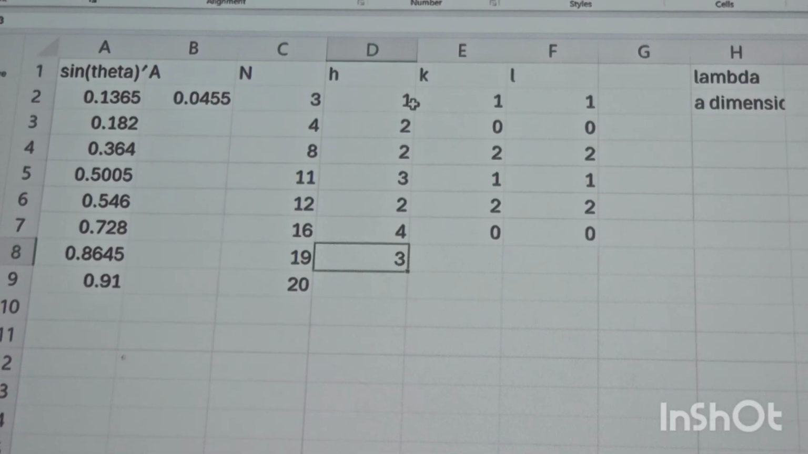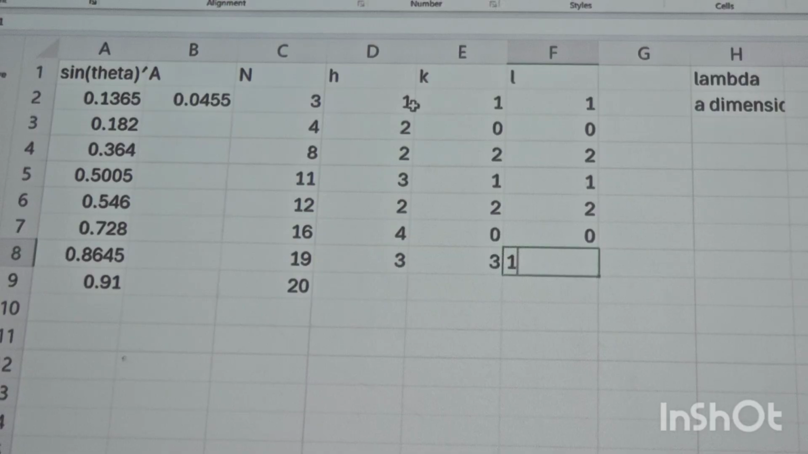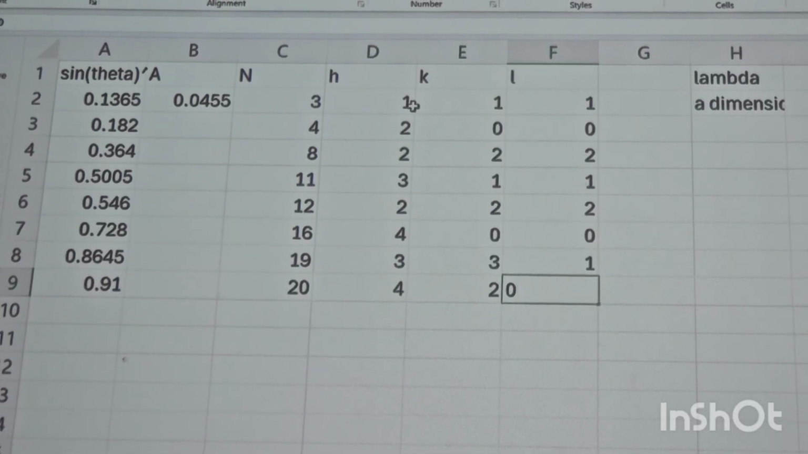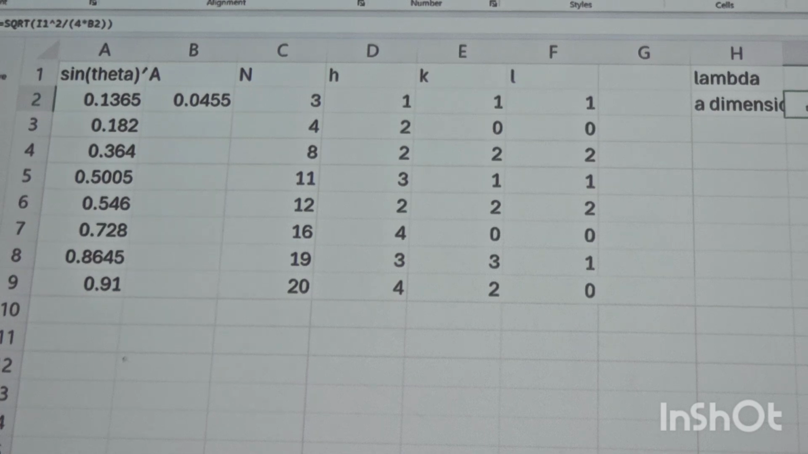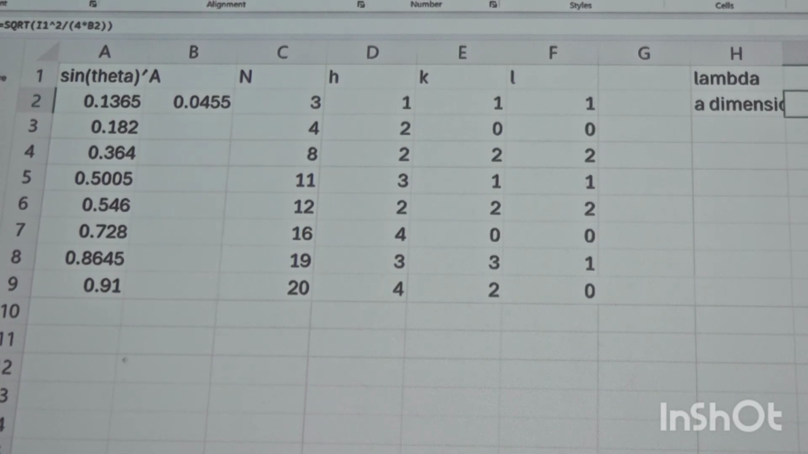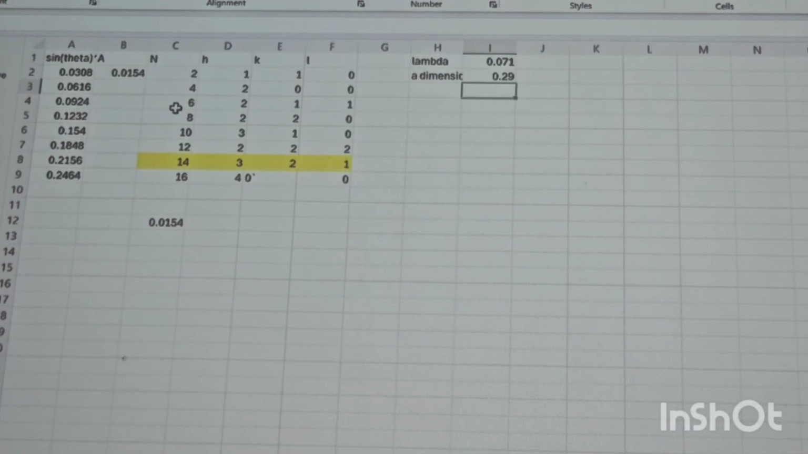9, 3, 3, 1. 4, 2. Okay, and the A dimension. Okay, likewise for iron. Now if I repeat this for iron,